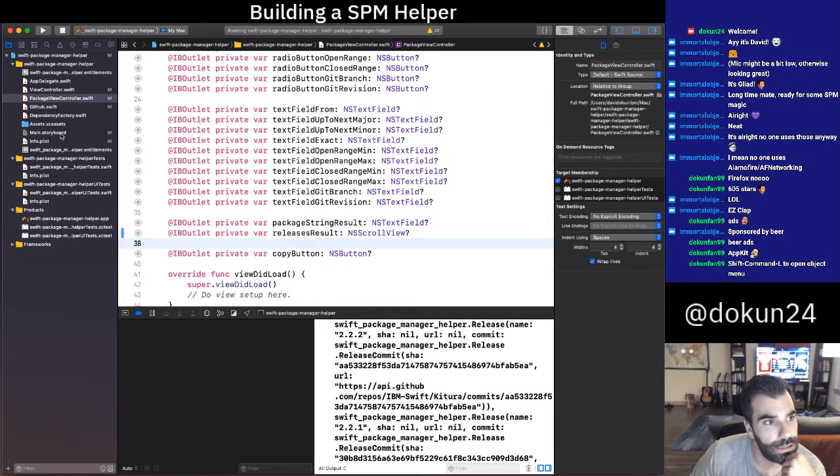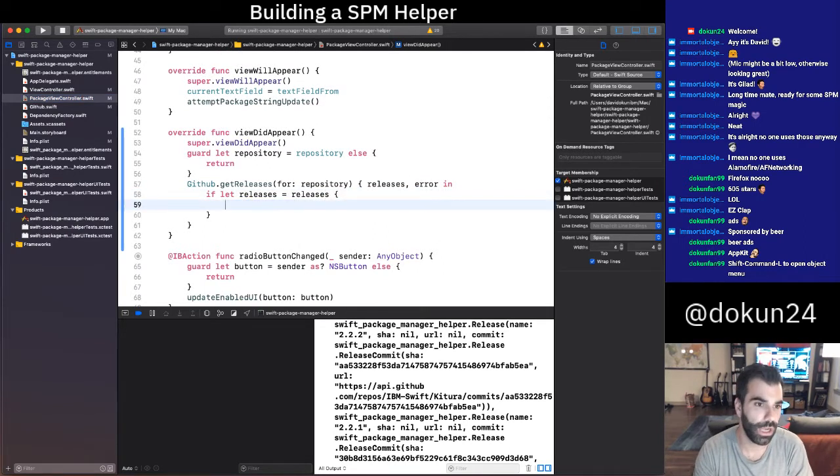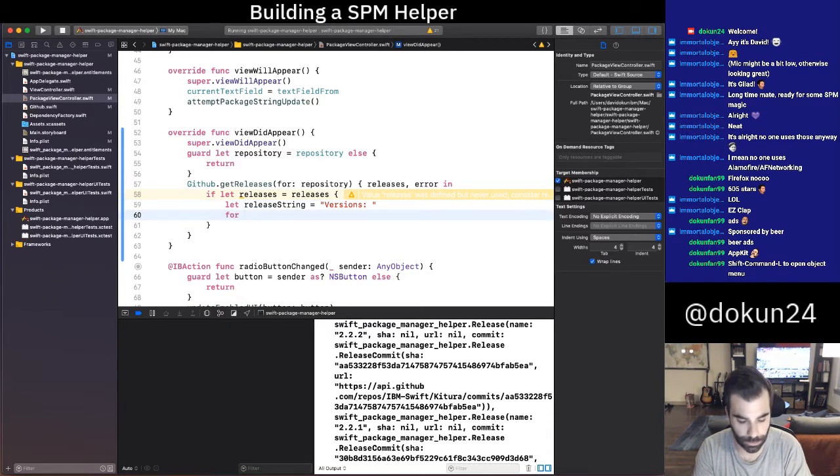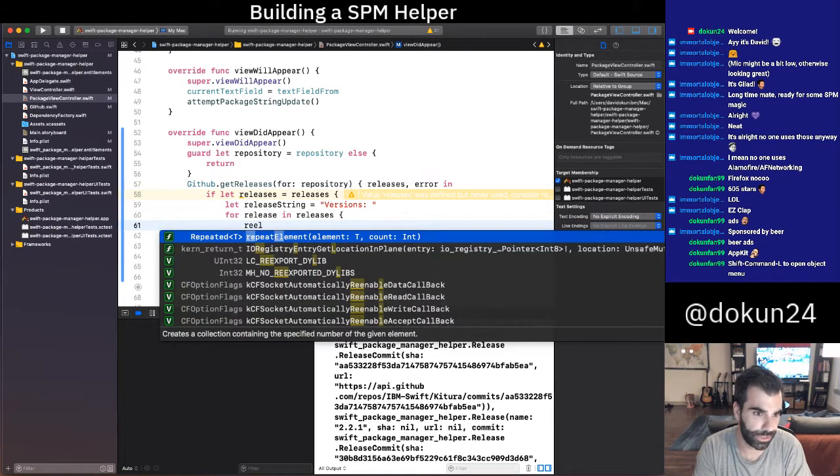So right now we're just printing it. So print releases. I want to basically construct a string and print it. So I'm going to say let release string equal "versions ", and then for release in releases, release string